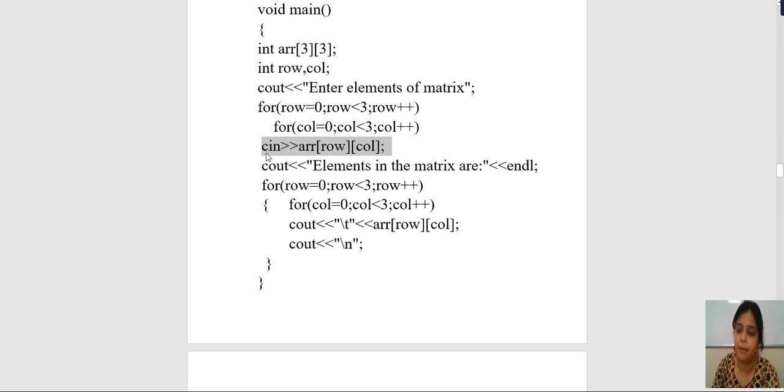Now they will make those rows and columns in the form of an array, that is, in the form of a matrix, and display it to you. So for displaying it in matrix form, again the for loop is used. The first for loop is the same: it starts from 0, should be less than 3, and should be plus plus. Then you have to print the columns, that is, you want to print the matrix.